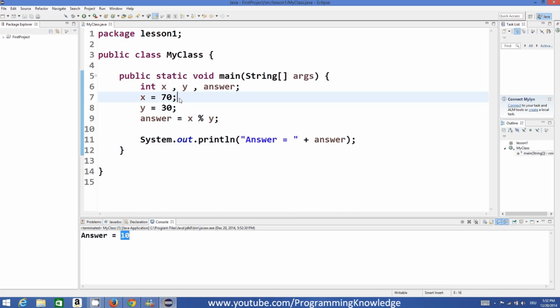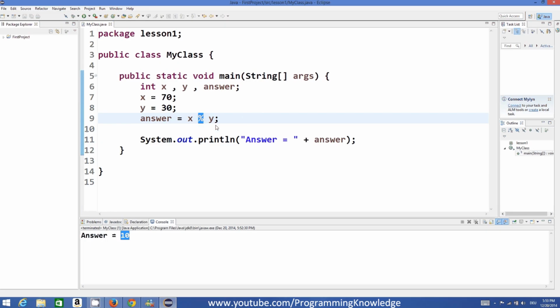So when you divide 70 by 30, you will get the answer, for example 2.33, but when you divide them as integers, the whole answer will be 2, the quotient will be 2, and the remainder will be 10, right? So the modulus operator returns you the remainder of the division.